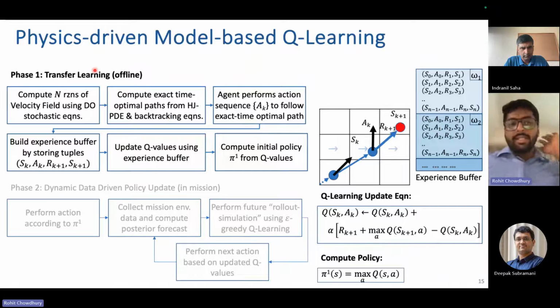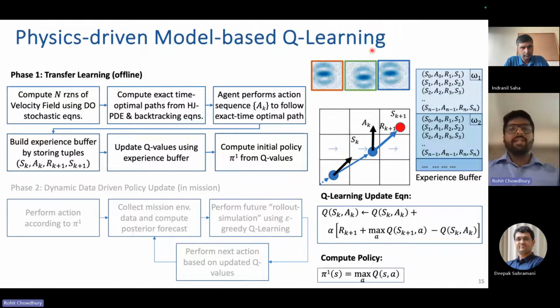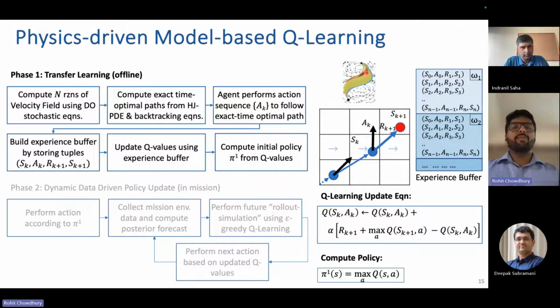The first phase is actually a transfer learning phase, which happens offline, wherein we first compute the n realizations of the velocity field. For each of these realizations, we compute optimal paths and get a distribution of optimal paths like this. Then for each of these paths, we do some pre-processing. That is, we try to find out what sequence of states, actions and corresponding rewards should be processed so as to traverse a given optimal trajectory. So that gives me a sequence of S, A, R, and next state S dash. And if I do that for all the trajectories in the distribution, I end up with an experience buffer that